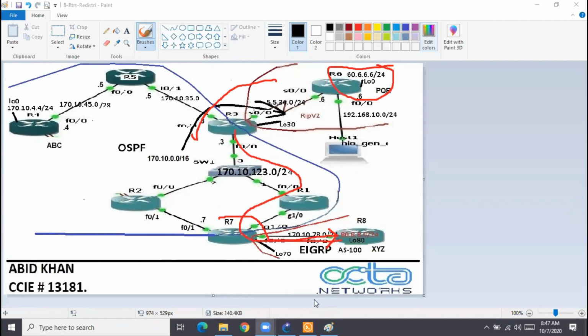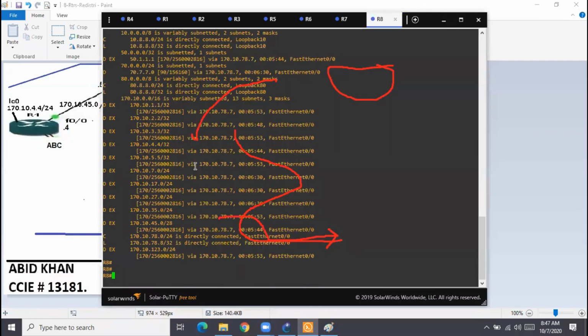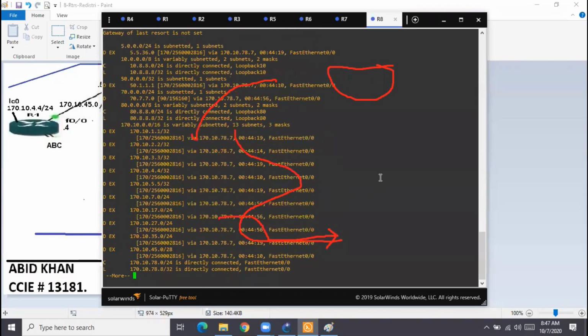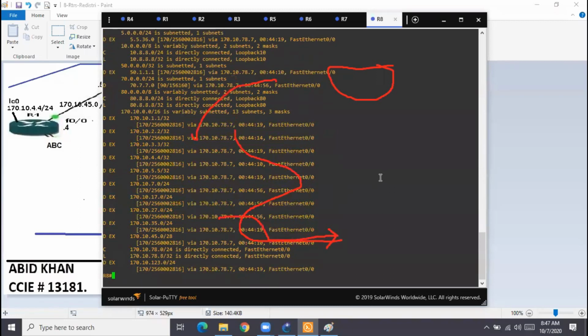See the R8 routing table. Do we see 60 anywhere? Show IP route, 60.6.6.0.